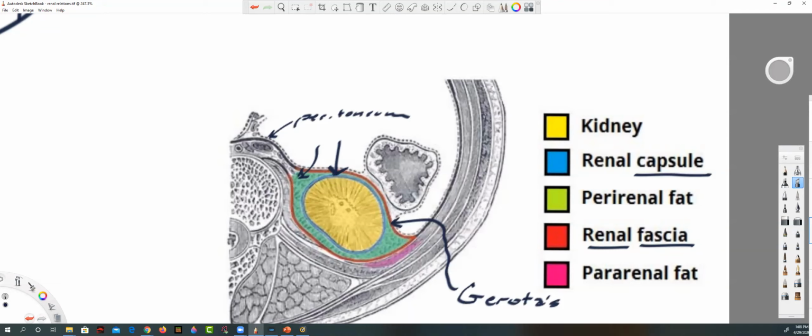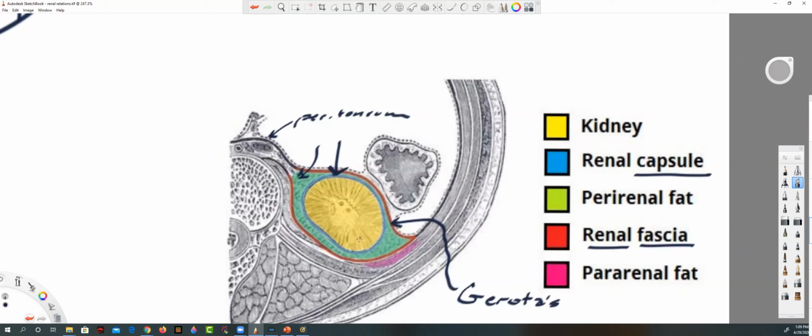Most people, most books will actually call it all Gerota's fascia. Technically, I think the posterior fascia has a different name, but we're not going to worry about those kinds of little things. Just know that there are different fascia planes. And so there's